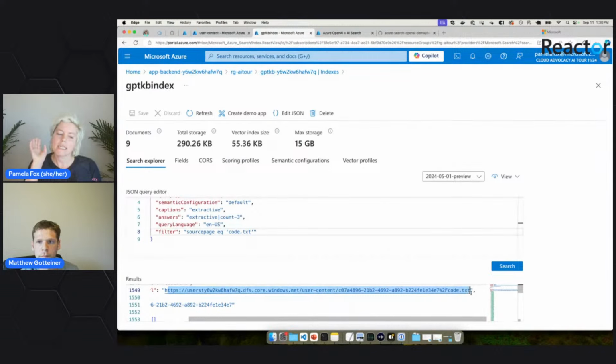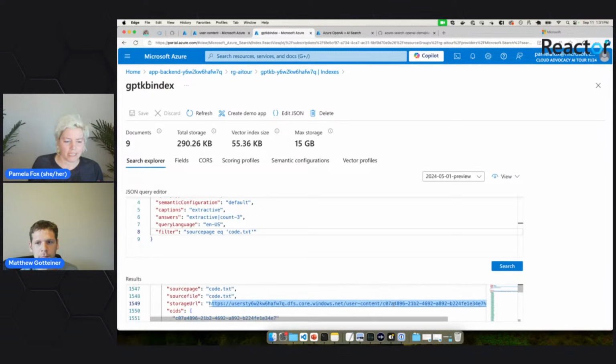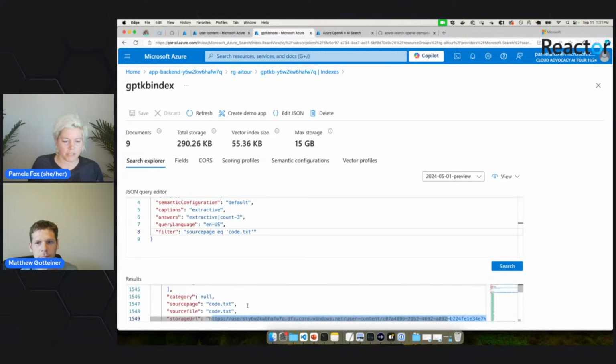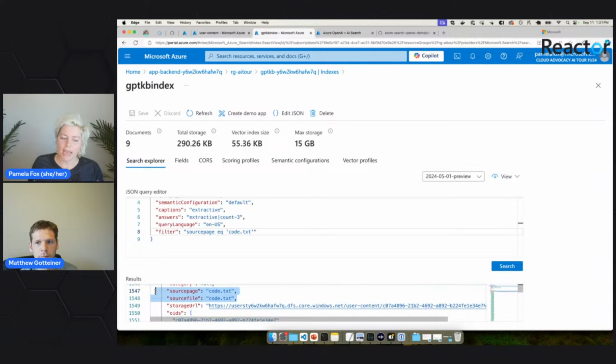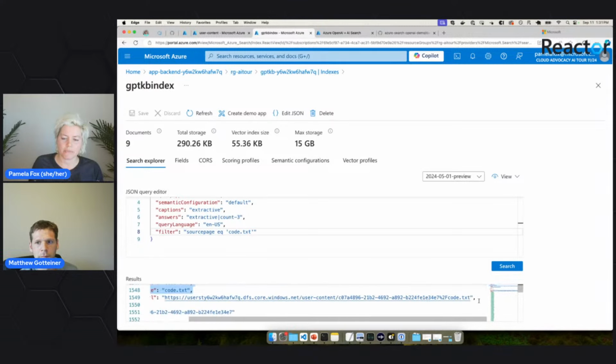which file this is, because that's another thing to keep in mind when you implement that, is that two different people might upload a file with the same name, right? And so we want to make sure that we're never going to find code.txt that Matt uploaded when I'm asking a question from my code.txt. So that was something that we also needed to keep in mind when we were implementing this feature. So we've got the file name that's used by the app for displaying citations, but then this is what actually indicates truly what is the unique path of this file here.